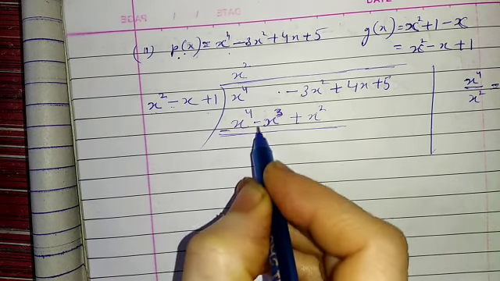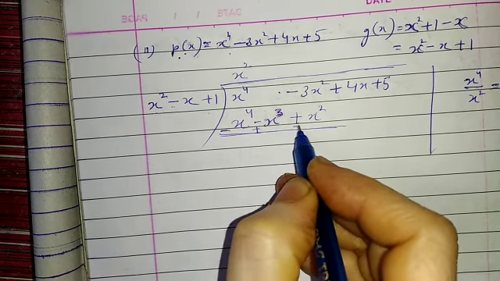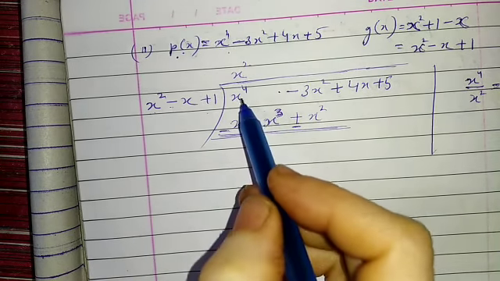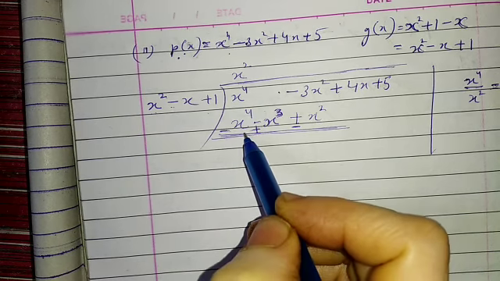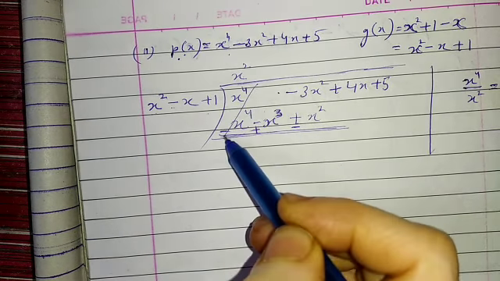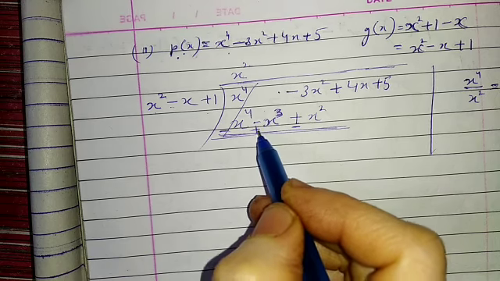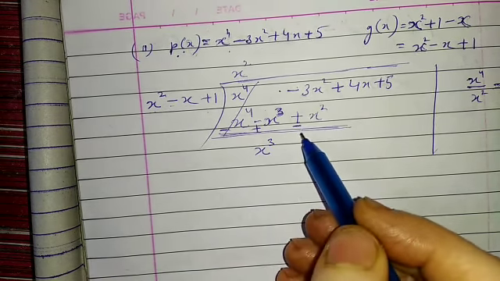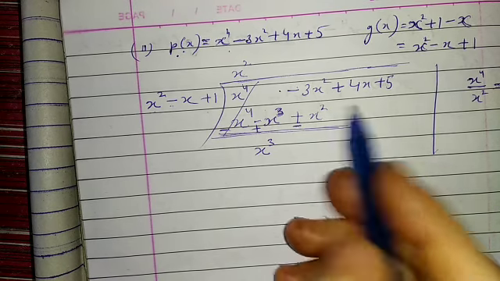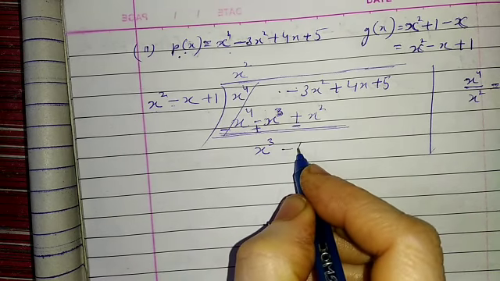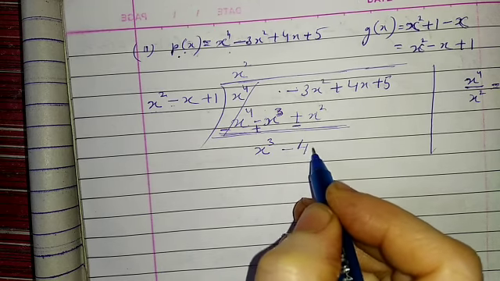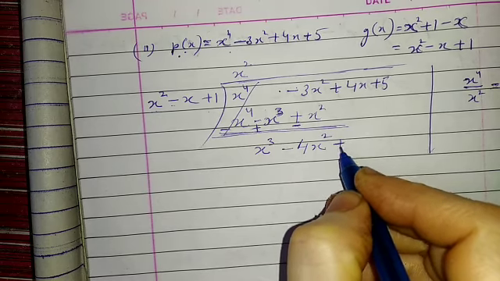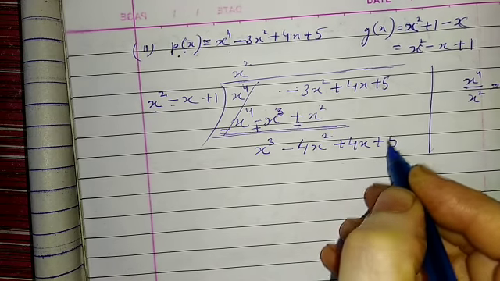Now subtract it. If you subtract, the signs will be changed. Plus will become minus, minus will become plus, and plus will become minus, because if you are subtracting, all the signs will be changed. Now x to the power 4 minus x to the power 4 will cancel, and here it is plus x cube. Both are negative, minus 3x square minus x square, then it will be minus 4x square,